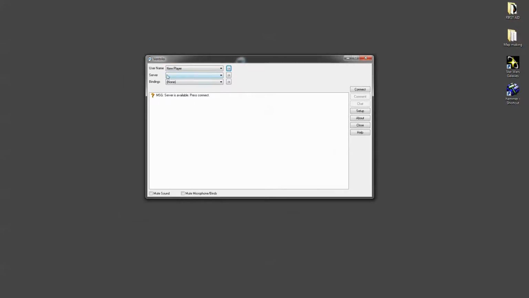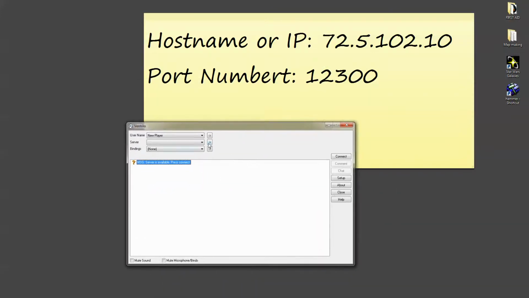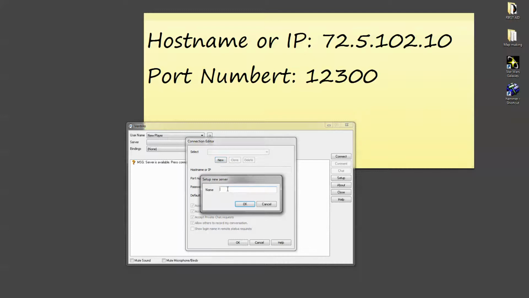Next box is the server information. Here is our server information. Let me just paste it in here on this other screen. So when I click on here and go to new, it's asking me for a name, so I'm going to call this T4. You can call it anything you want, just for you. Call it T4S lobby. It doesn't affect anything. It's only your personal name for that